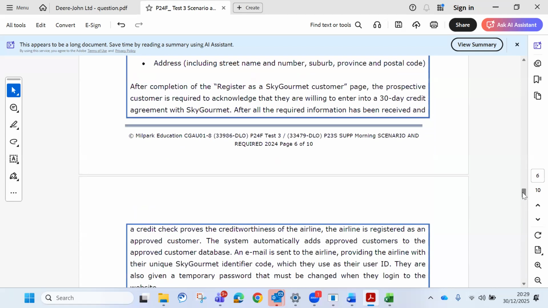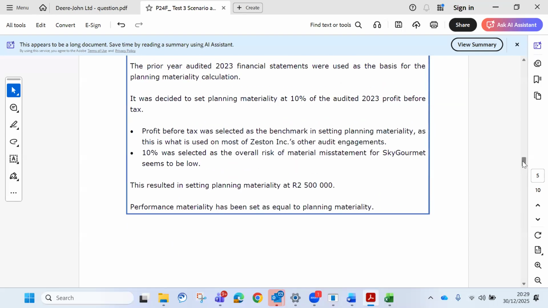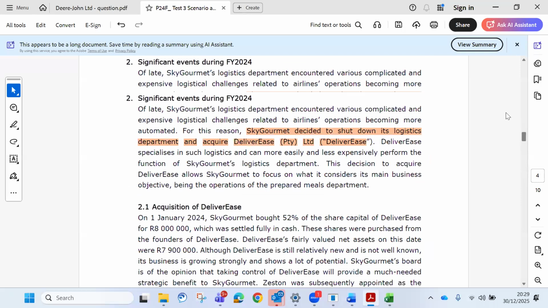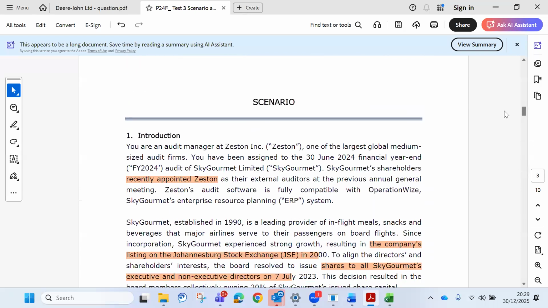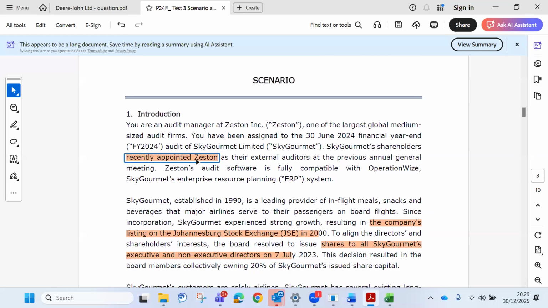Still, besides the group, we mentioned quite a lot. Let's go back. You will see one thing could have one or three things. You recently appointed new auditors. You're going to bring that in two lines: you may manipulate your opening balances. The client knows that the auditor is unfamiliar, so there's an opportunity. You are listed on the JSE.